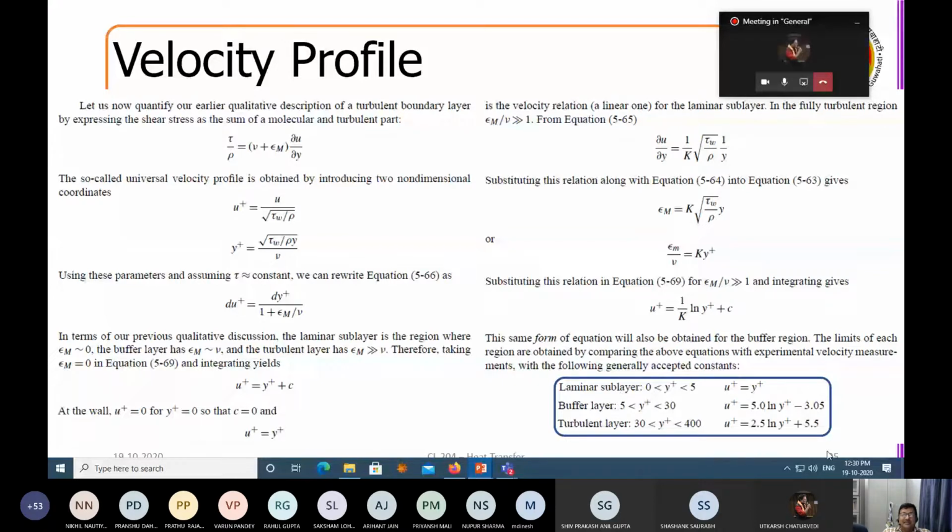So you may see that it's a combined effort of very interesting analytical and simple analytical thinking related to turbulent flow, which was devised by Prandtl, and a combination of very smart experiments that led to the first velocity profile associated with the turbulent flow.